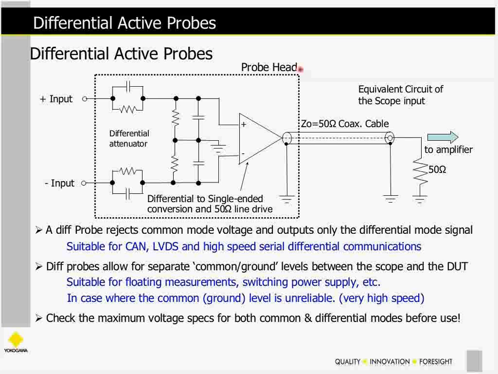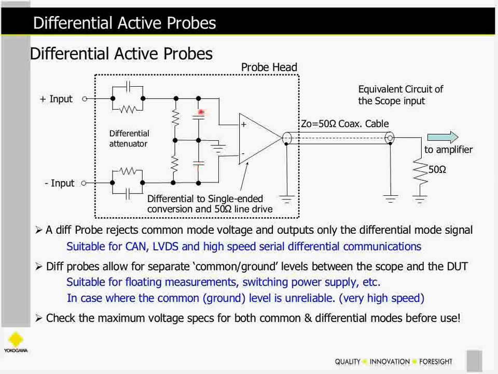Okay, here's a differential active probe. It looks pretty simple. It looks like just two active probes or a resistive divider tied into a diff amp. And that's what it is on the schematic. But more importantly than that, this front end here, these resistive and capacitive dividers, these are certainly high performance, low parasitic components. But more than that, they're laser trimmed, and usually there's an adjustable capacitor in here that's very stable